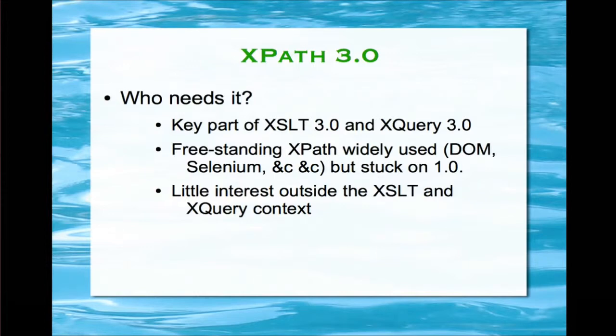XPath 3.0 is probably rather a large language for many of those requirements. It should have been a bit smaller. It should have just had a few extra things from XPath 1.0 rather than having, for example, all the schema awareness, which probably is not needed in that environment. So I think the way XPath 3.0 has been developed as a byproduct of the development of XSLT and XQuery probably hasn't served the user community all that well, particularly the user community that's only using XPath in the absence of those other languages.